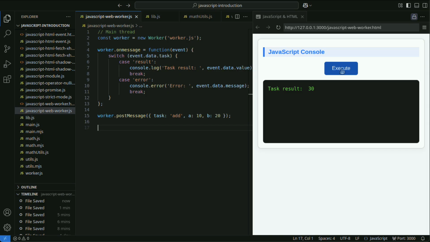When using WebWorker, keep the following points in mind. Cannot access DOM. WebWorker cannot manipulate the UI or access the DOM. DOM manipulation needs to be performed in the main thread. Communication overhead. There is some overhead when exchanging data between the main thread and the WebWorker. This can affect performance, especially when exchanging large amounts of data frequently.